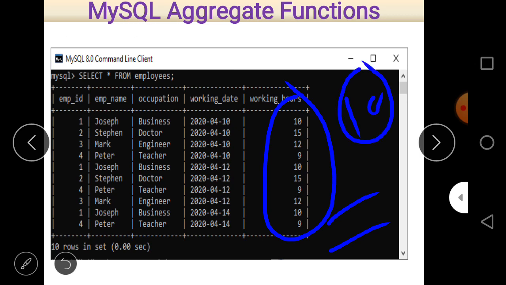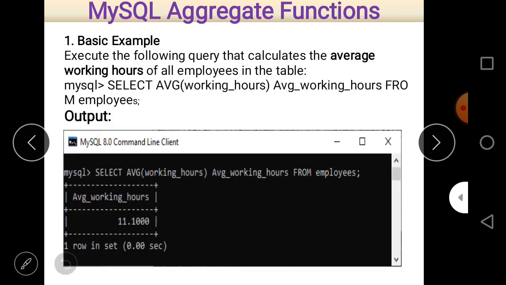So divided by 10, it is 11.100. This is the average. So this is the basic example of the average function.